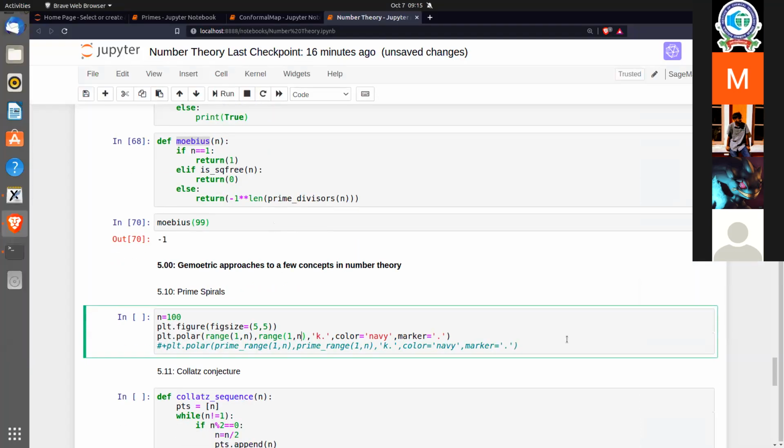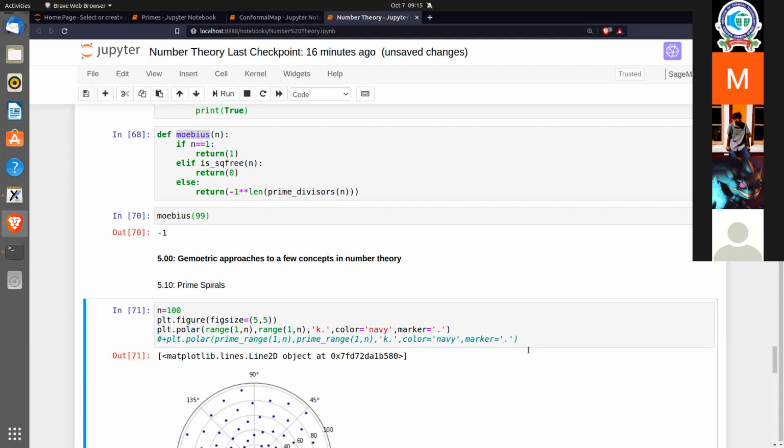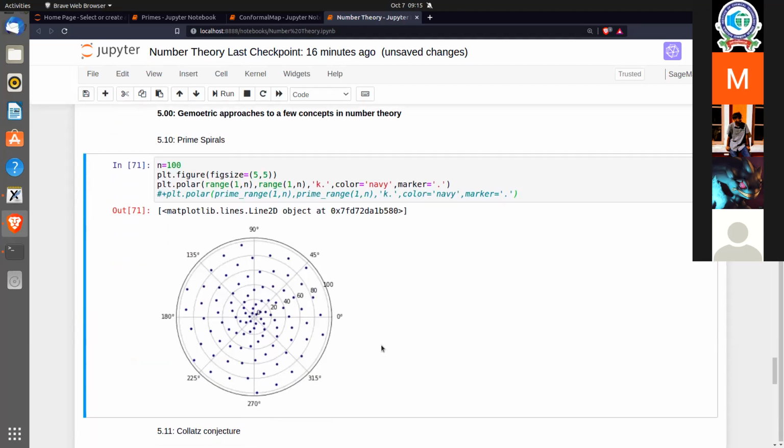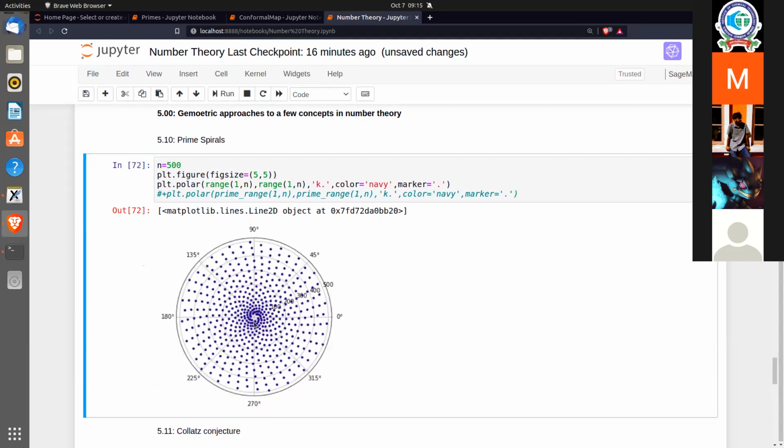So let's quickly look at that. Okay, you will see that here it may not be that easy to see, but you get these spirals essentially, right? If I increase the size of my n, you can actually see those spirals here, right? These are what are called